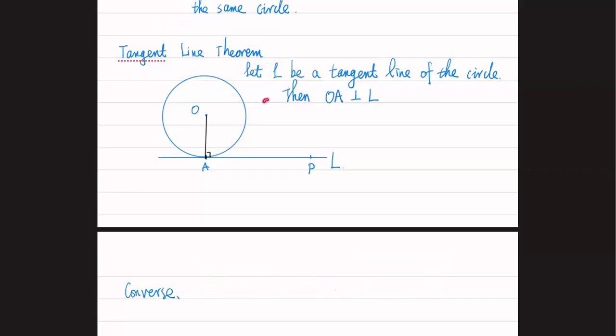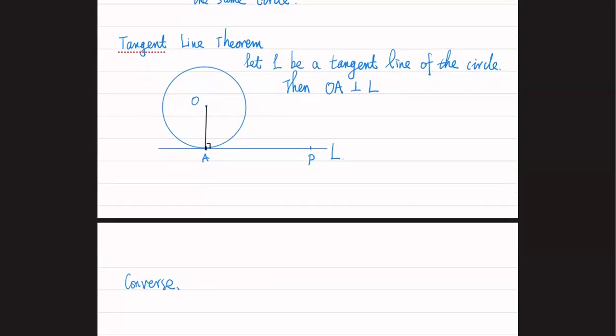Well, if it's perpendicular, then it must be... I don't know. I will write down the first part. The converse is if we have a perpendicular condition. If OA is perpendicular to L, then L is